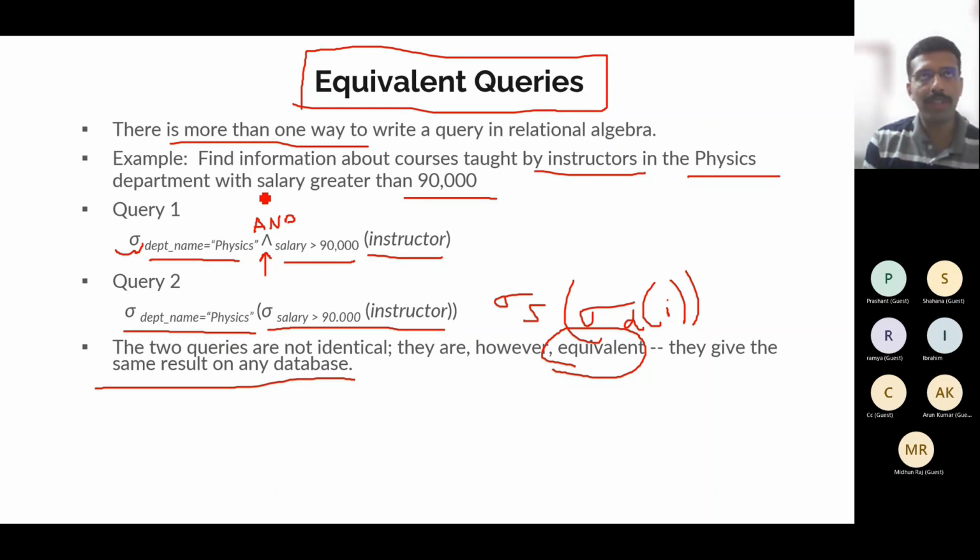And so what we try to achieve by query optimization or query processing is this: out of the different ways in which I can write a query for some particular problem, I will try to find the query which I can execute in the least possible time or using the least possible memory.